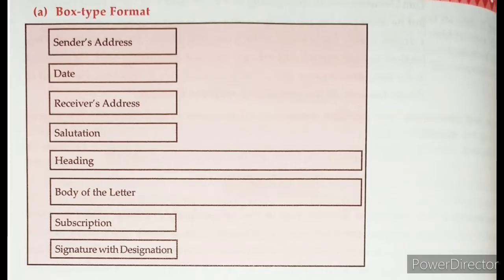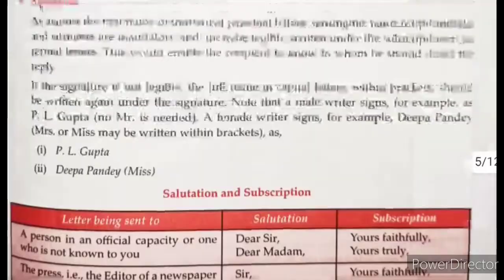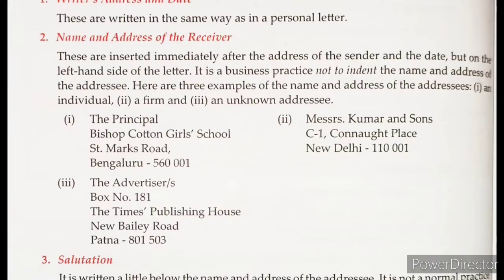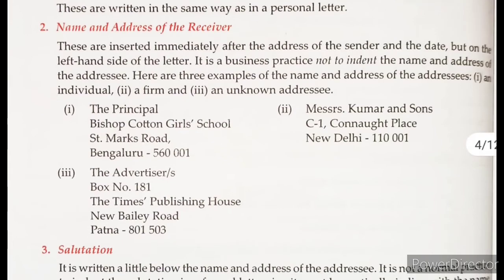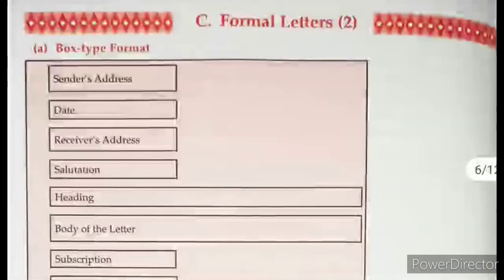Then receiver's, leave a line and write the receiver's address. That means the person who is supposed to receive your letter, in one of those three different types of addresses shown here. Once again scrolling up to show you. See here. Here are 3 different types of addresses given in any one format depending on the subject of the letter or the topic of the letter. So you have to judge from these samples what your letter is like, and accordingly write the address, that is the receiver's address. And then salutation.